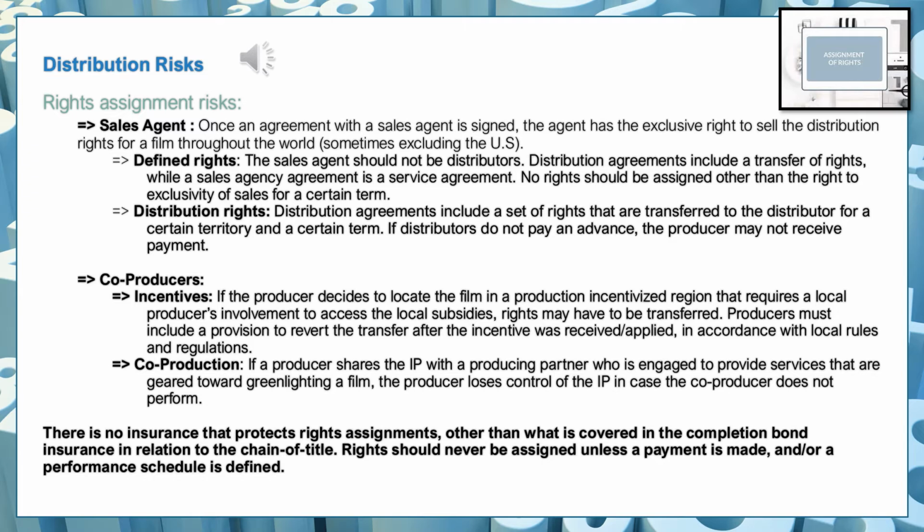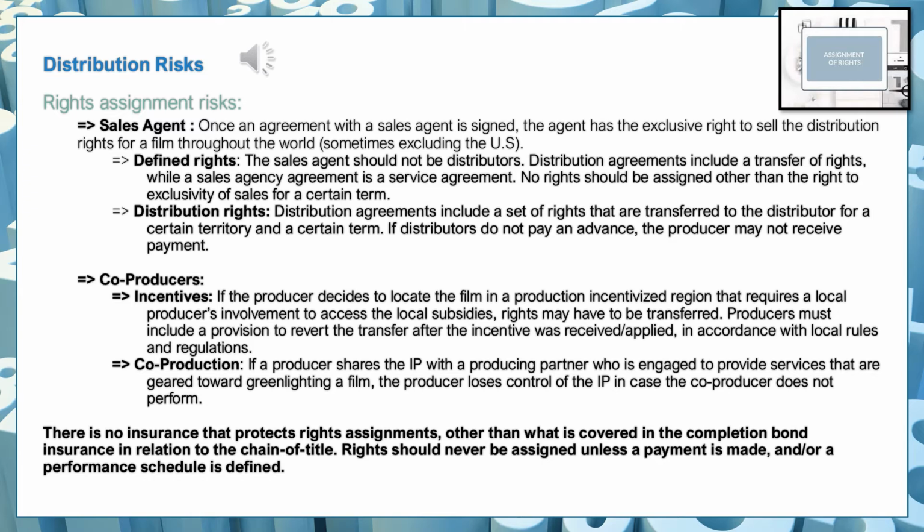That's it. Now, if the sales agent provides in advance a minimum guarantee, then sometimes they do have the right to be a distributor because now they're paying something, and sometimes they want rights for what they paid. So in that case, a certain right assignment could be applicable that is negotiated in connection with an advance that the sales agent will give the producer. In that case, the rights have to be very clearly defined. What is being given to the producer, to the sales agent, for what reason, for what amount, for what time, so that the scope of this distribution component is very clearly defined.